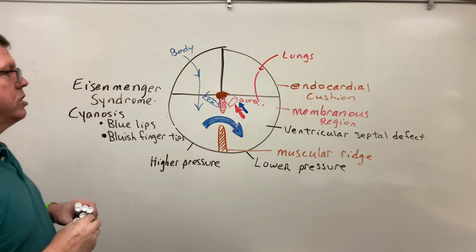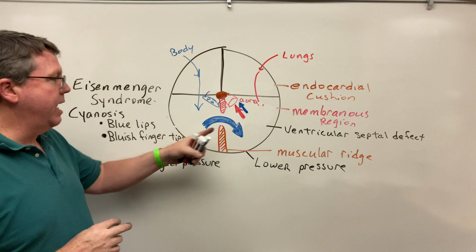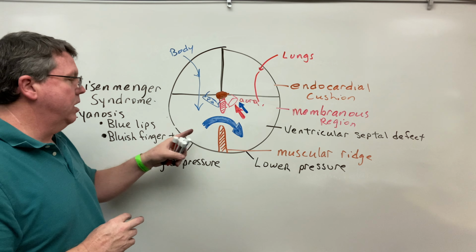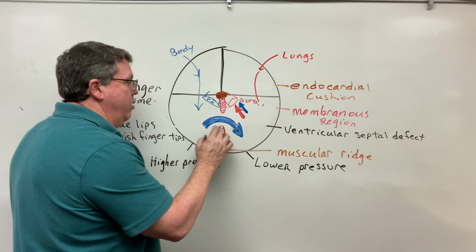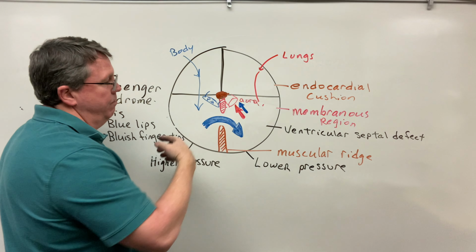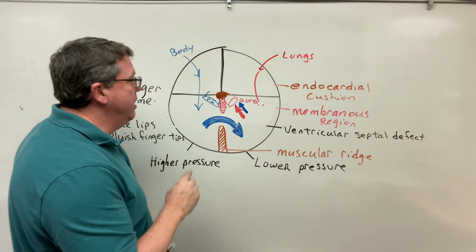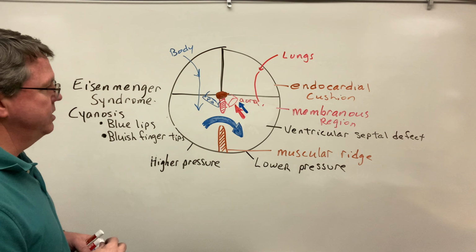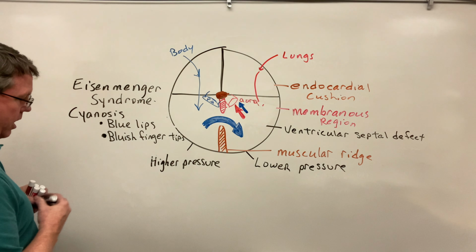Okay? So, not only that, but I can also get a murmur in here. It's called a holosystolic murmur, because of the fact that the blood's shunting through there. I can actually get it going either way. So here's some of the problems that I can have with this is there can be shortness of breath,